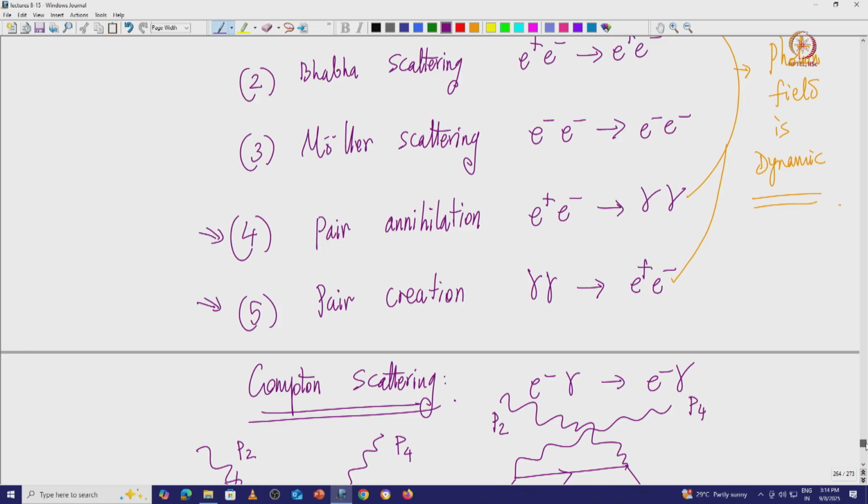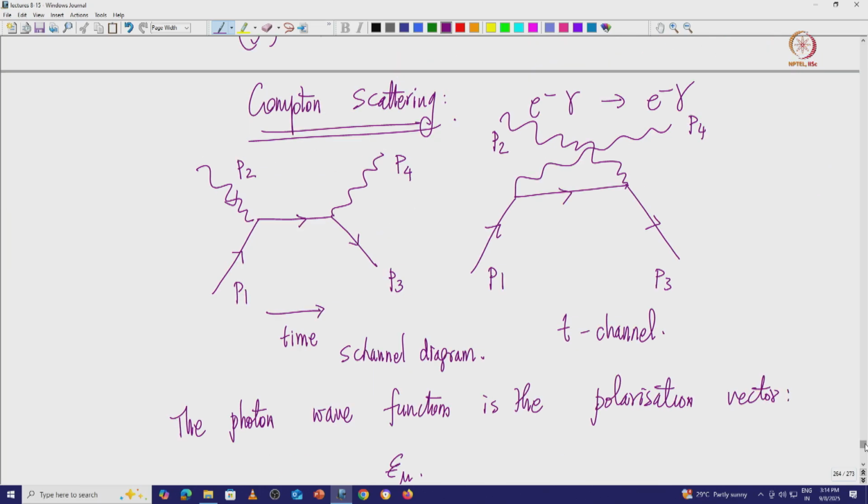I will revise the other processes one by one in the next lecture. We will continue with Compton scattering and other simple processes, and there are some trace theorems which we will revise to see how these processes work. I will also tell you that the method we used can also be applied to the case when the photon is not dynamical. That is an important thing: when the photon is non-dynamical, the Green's function methods also apply, and these two aspects we will see in the coming lectures. Okay. Thank you very much.